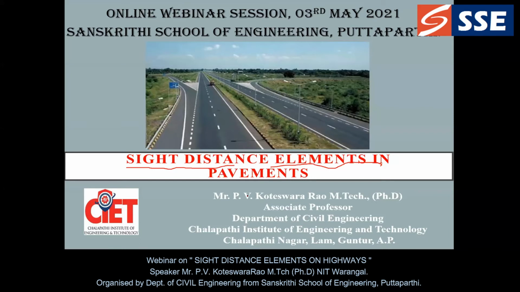Before going to the actual concept of sight distance, first let us discuss what are the things that we are going to do on a highway when we are traveling in a car or on a bike or any other vehicle. Just observe this. Here we are having the road surface and my vehicle is here. I am moving in this direction. Other vehicles are also moving on the same road surface at the same time.